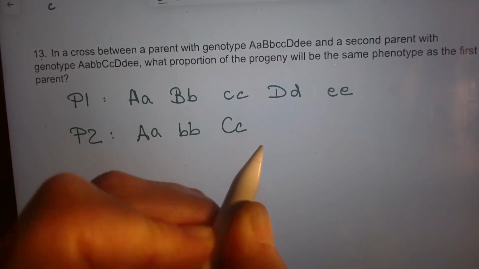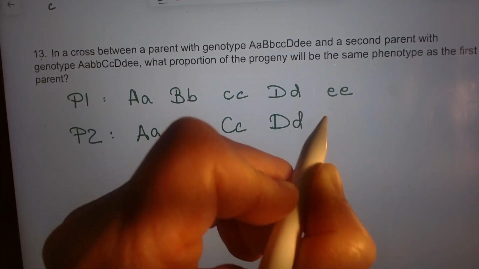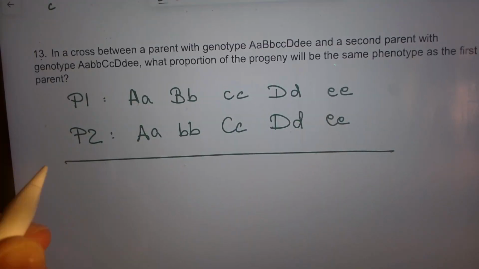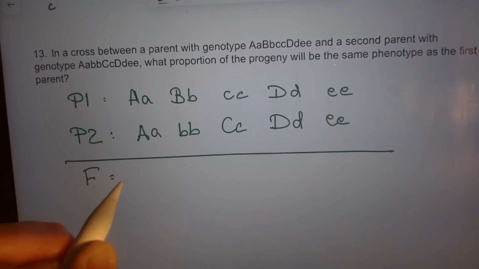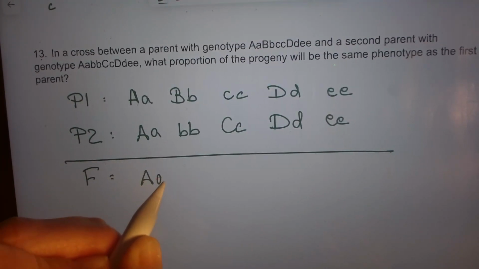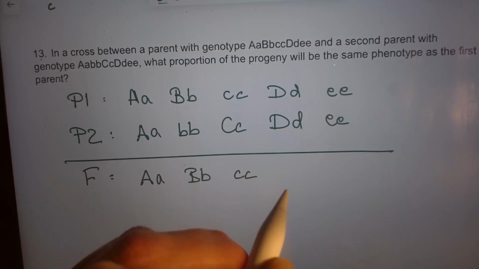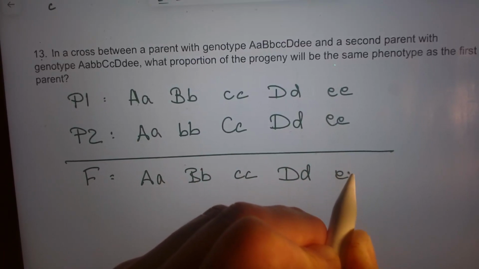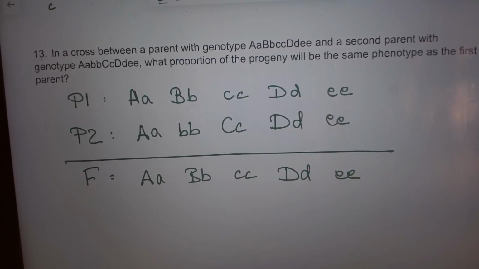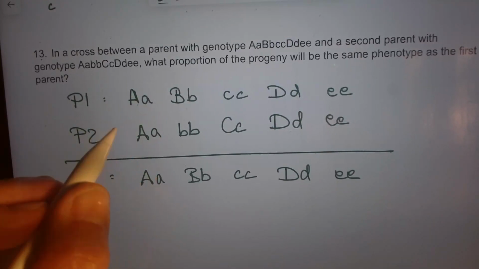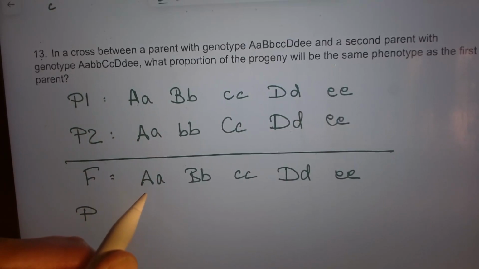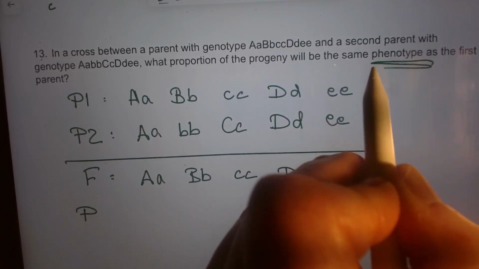Homozygous recessive, heterozygous, and homozygous recessive. The question is, the offspring needs to be like the first parent. So what is the probability for the A